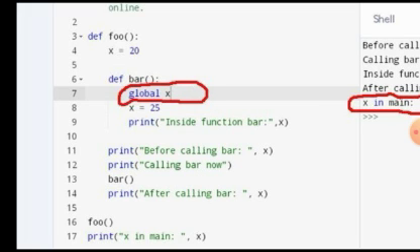So in line number 17, after the foo function has finished executing, in the last line of the program, we are going to print the value of x, which is actually the value of the global variable, because the global variable declared in the bar function will be accessible in the main function but not in the foo function, because that foo function is enclosing the bar function. I hope it is clear to all of you. So in the main function, again we will be able to print the global variable x value, which is 25.